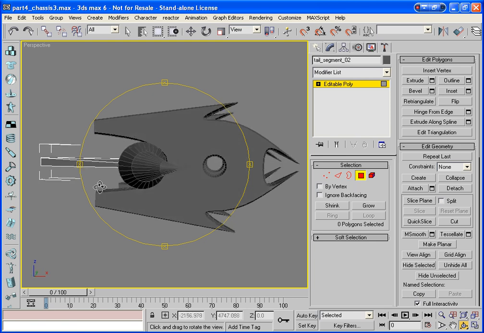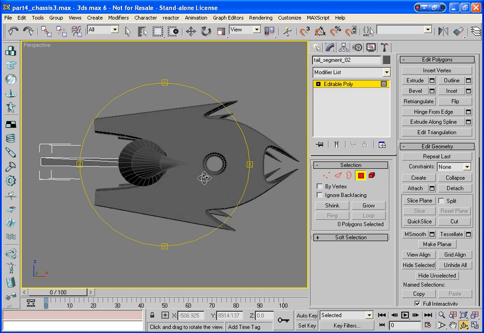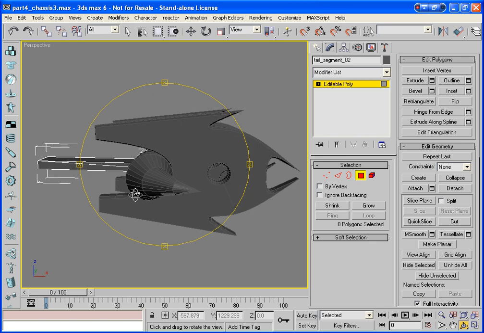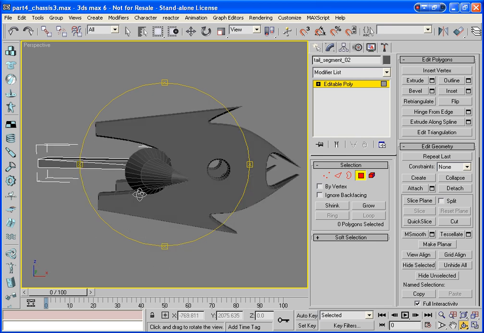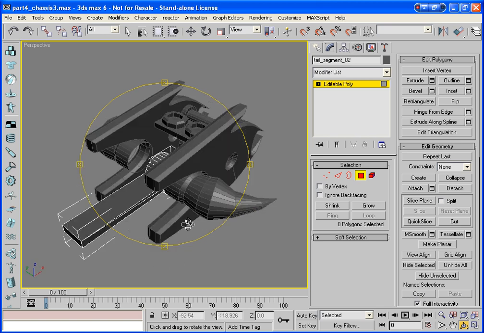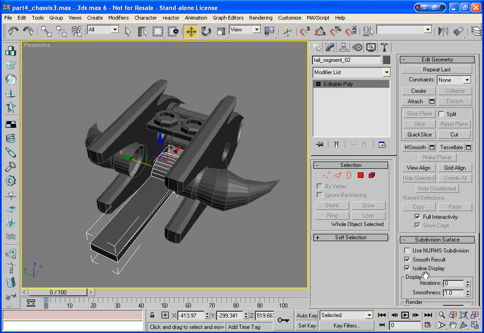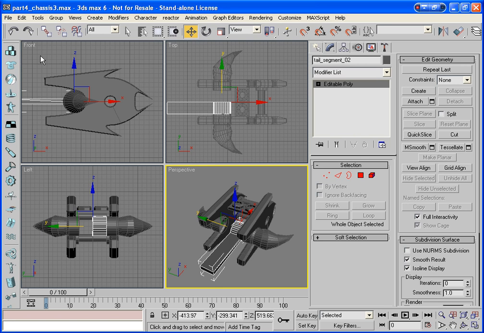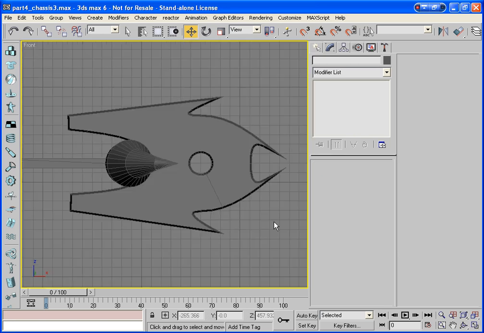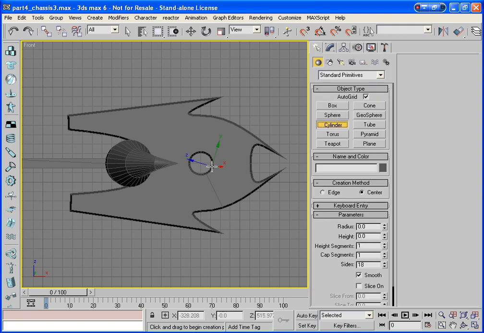And we're going to build a cylinder which basically just fits in there with a couple of plugs on either end. I mean, as I said, it's not really a very difficult piece that we're building on this one, and then it's a lot of instancing. So drop out, I'm going to go into our front viewport. What I'm going to do here, to save us having to work out the exact calculations of how big our cylinder should be and so on, I'm just going to build one in here, turn off auto grid,